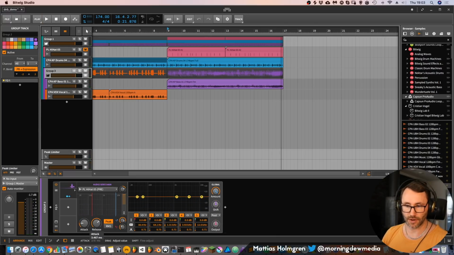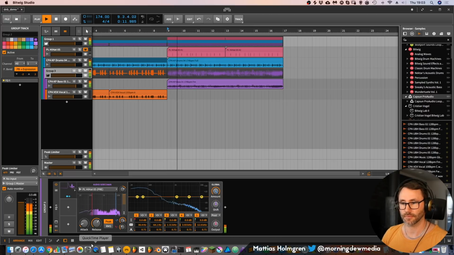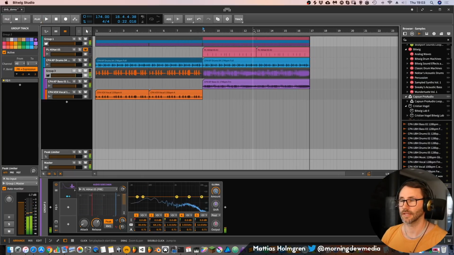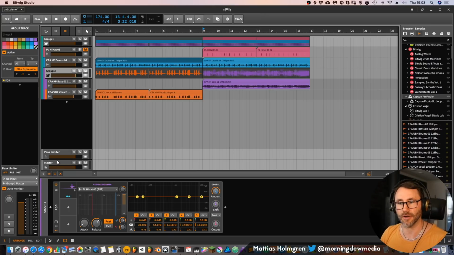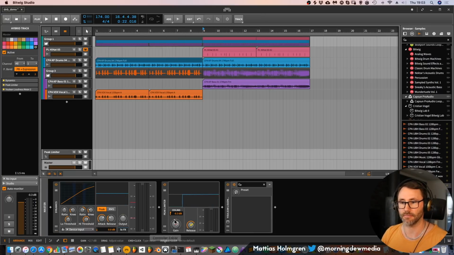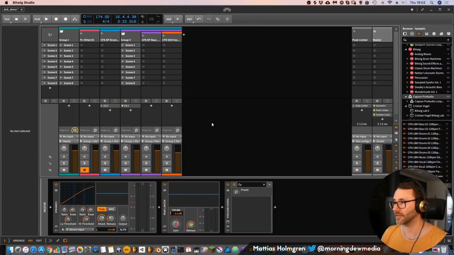We can also drag down the attack, so we have a little bit faster attack and faster release on this sidechaining. This will give us a lot more headroom when we are making our master on the master bus, making the master effects.